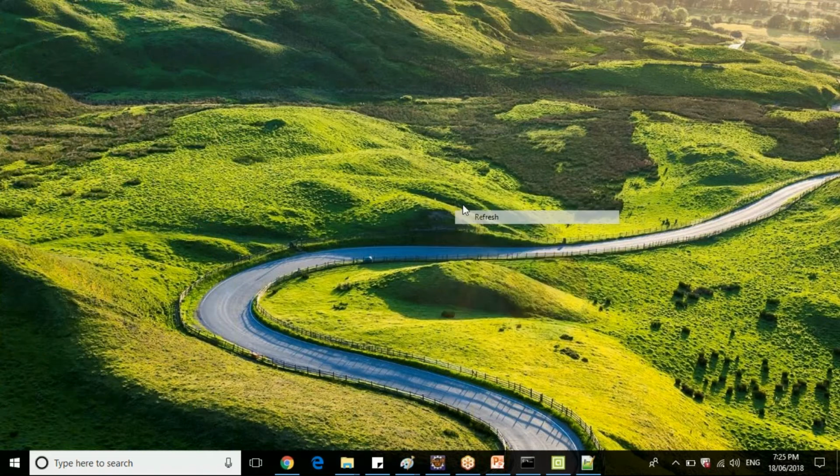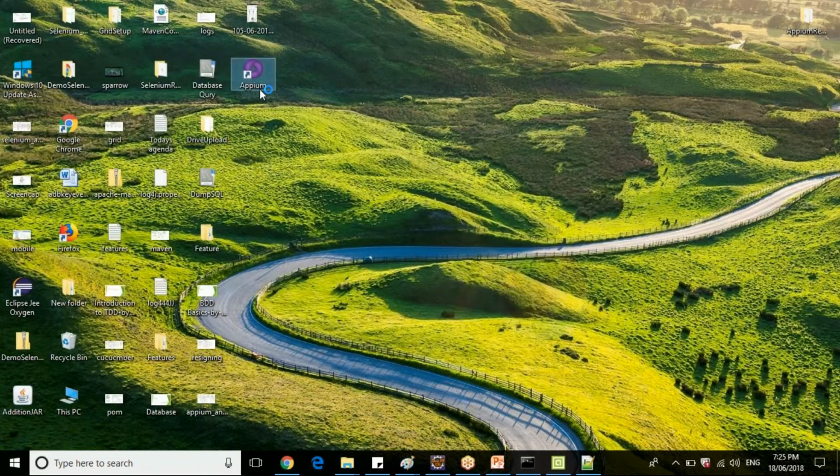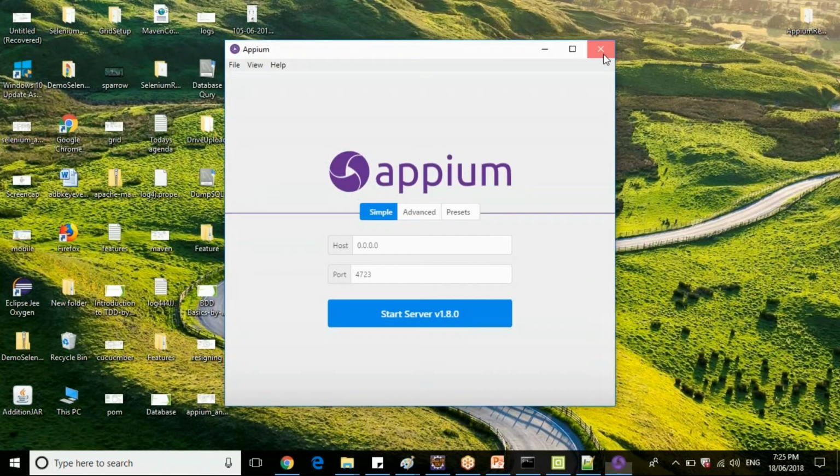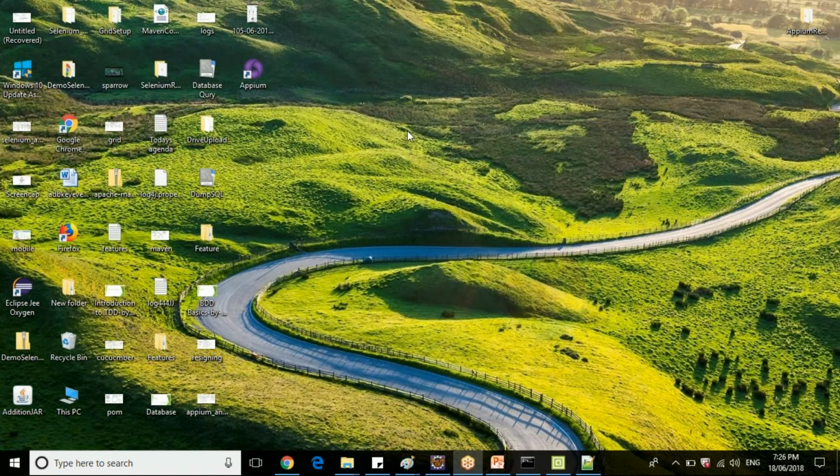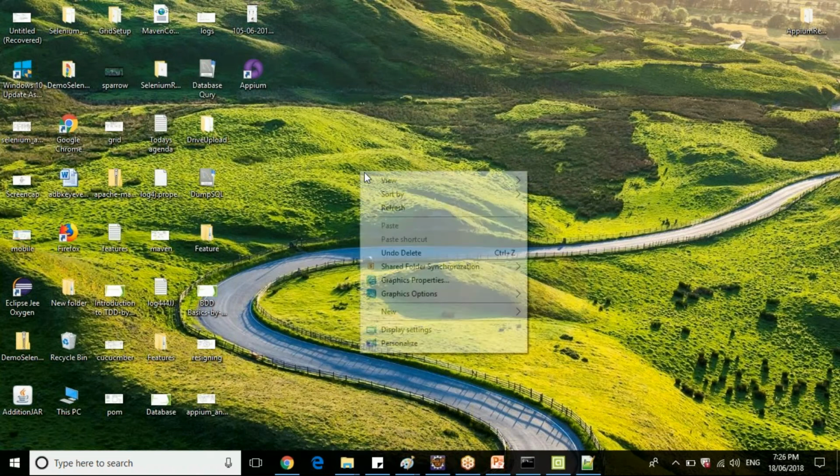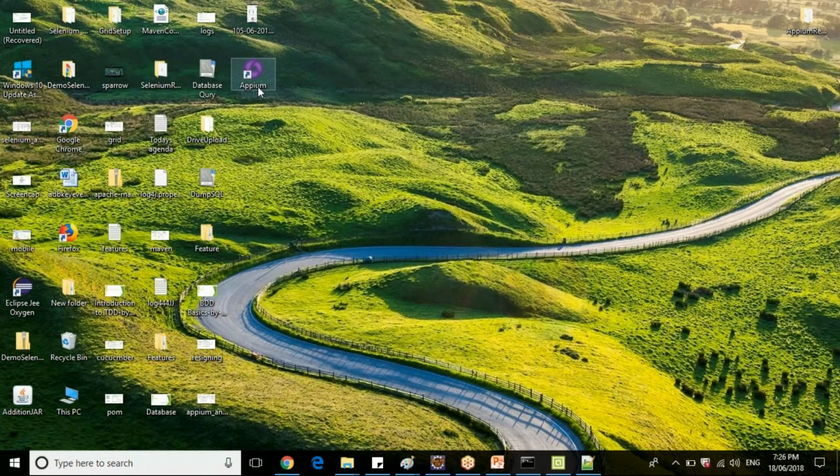Let me launch this APM. Once your APM is installed here, you'll get an icon on the desktop. Once you launch your APM, it will be like this. Let me close that, wait, and launch it again.